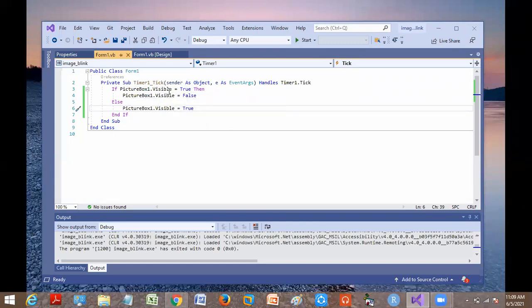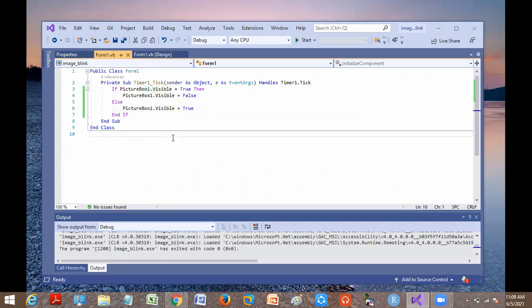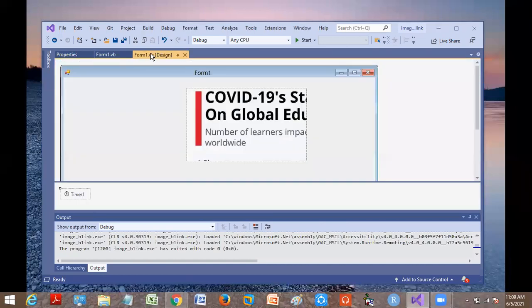If it was false, it will make it true. By doing this, for every tick, it toggles the property called visible in your picture box 1. How do you access that property? By using a dot operator. Is this clear? Any doubt? Should I repeat it again?